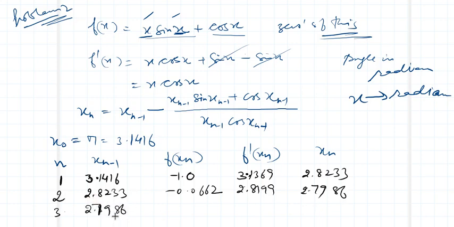2.7986, ये यहाँ आ जाएगा। इस पे फंक्शन की वैल्यू फाइंड आउट कर लो, तो फंक्शन की वैल्यू हो जाएगी -0.0006 एंड इट इज 2.7953 एंड इट इज 2.7984। सो नाउ सी, फंक्शन जो था इट्स वेरी मच क्लोज टू 0, हो गया ना। सो वी कैन स्टॉप इट हेयर और मूव फर्दर।